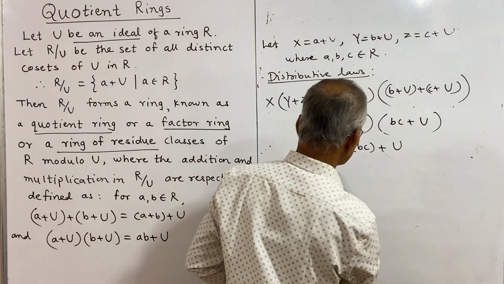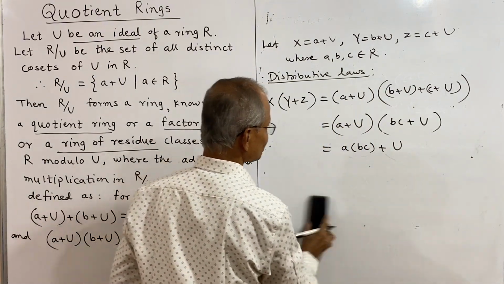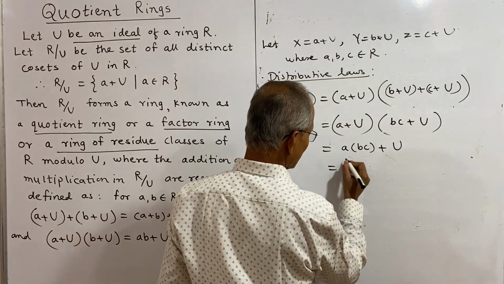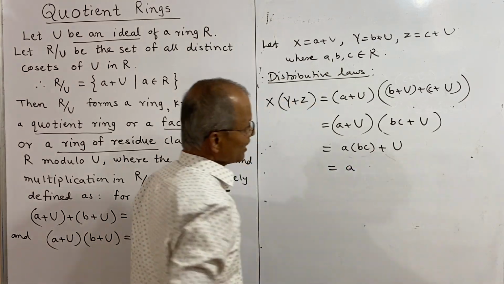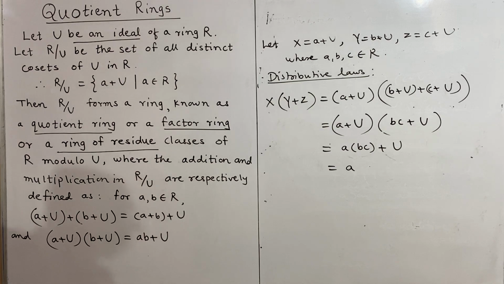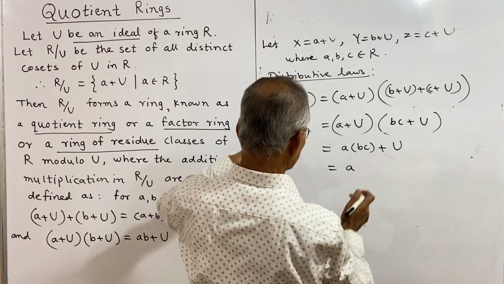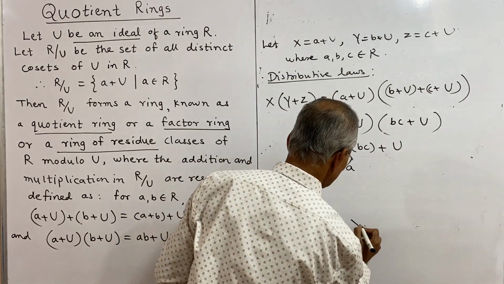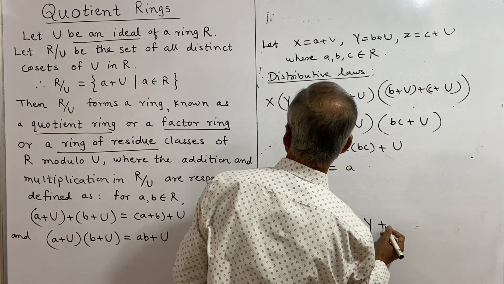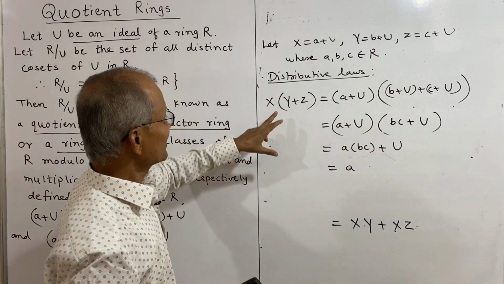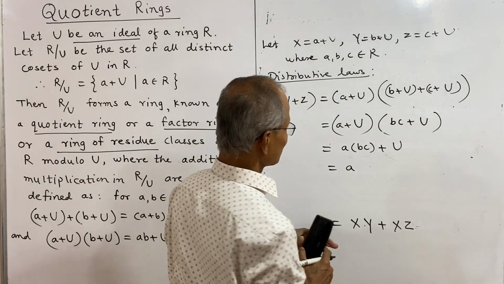And further, this can be written as ab, see, this is a into b into c. So we want to show this is a + U, and finally we want to show this is x into y plus x into z, and x is a + U